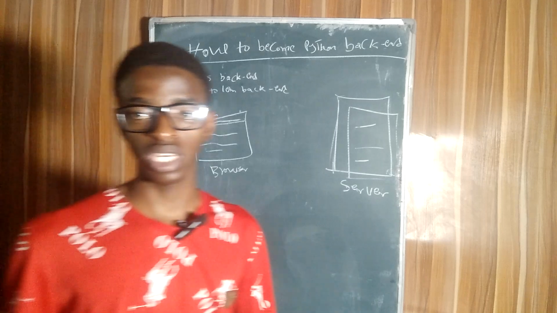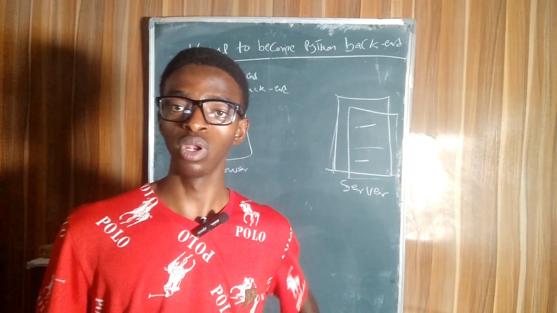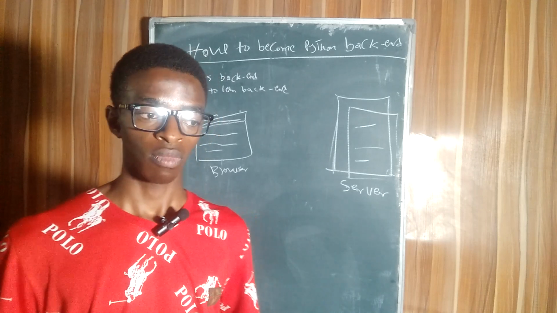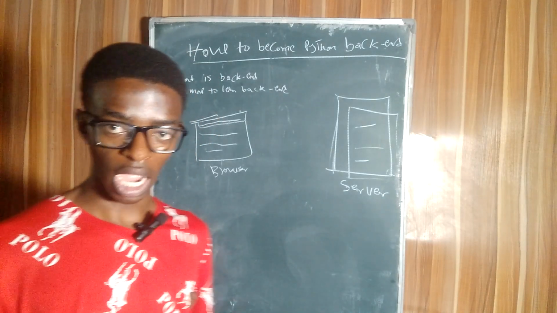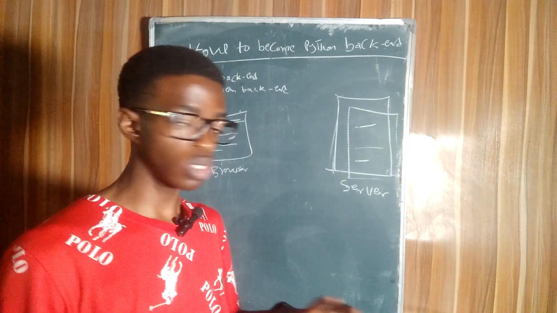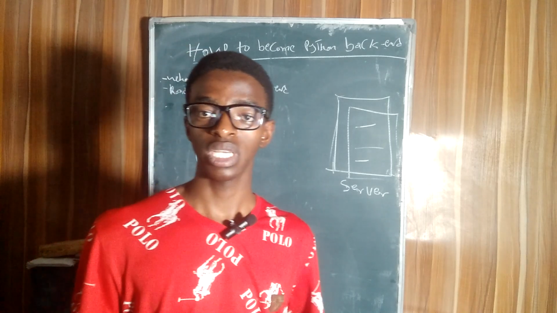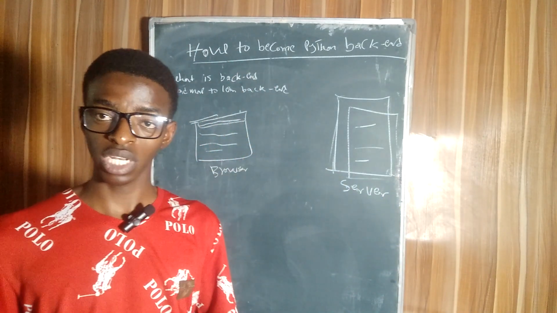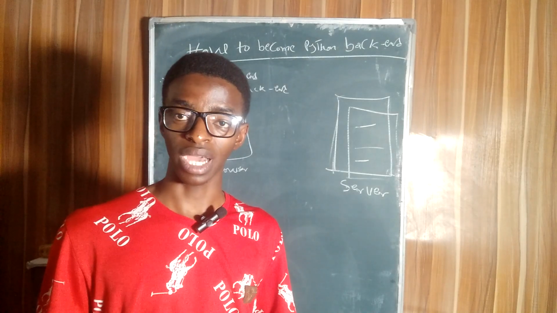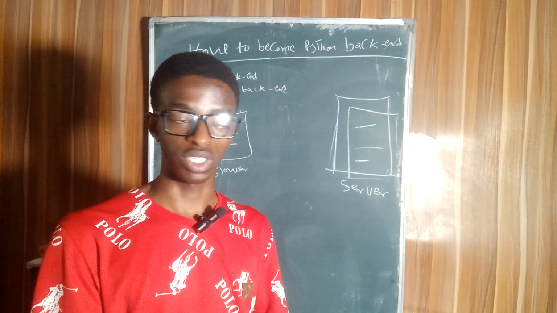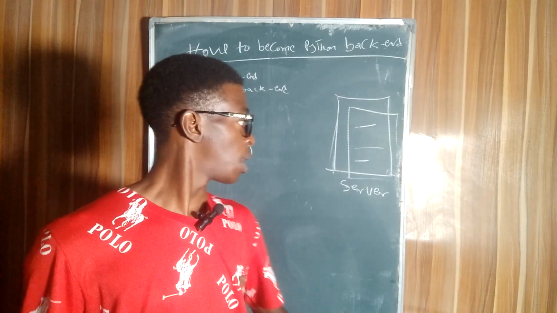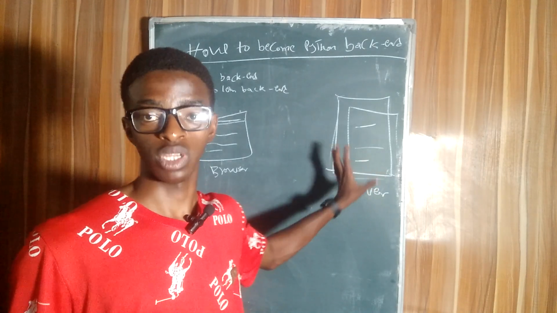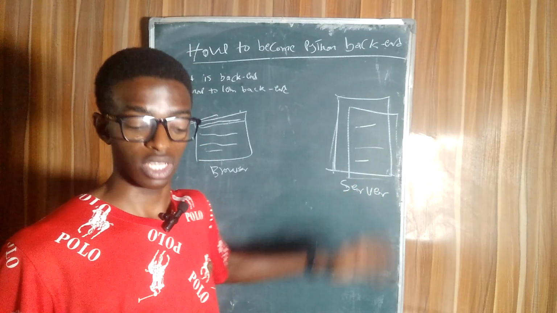All what you are seeing in your browser, like a Google web page, Facebook when you are chatting, and other websites that you have visited, all of that is what the front end developer created. The front end developer is the one that sits down and writes the code for the front end page, like what the user is going to see. But the back end developer, no one even knows he exists, but he's the most powerful guy in the industry,